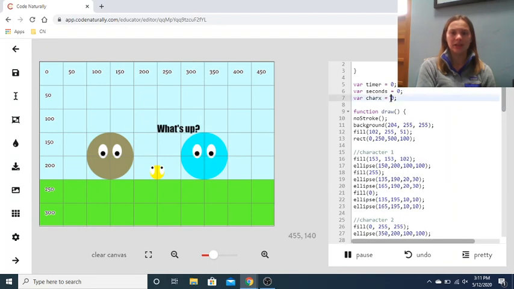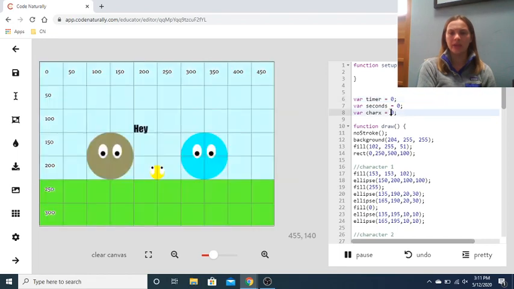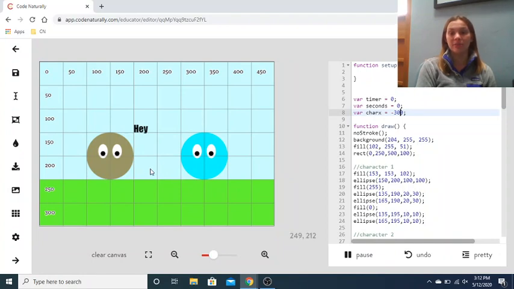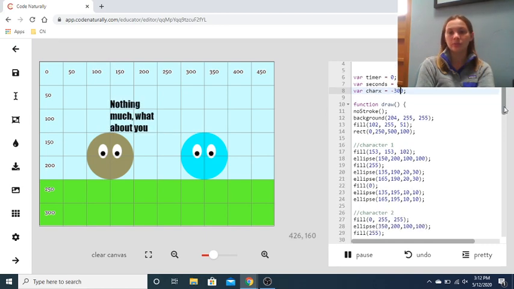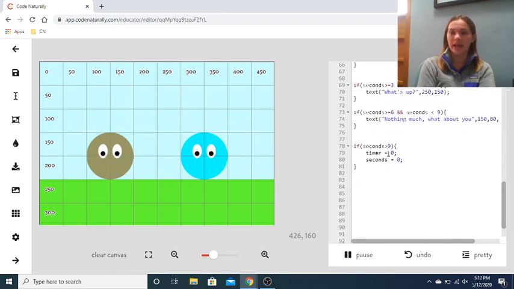And let's see. All I'm going to do is go to my variable. Hopefully you guys can see this. And instead of making it 0, I'm going to make it -300. And the reason I'm going to do that is so that my character starts off the screen. So now, instead of it being right here, it has disappeared off the screen. So how I can make my character reappear is say, okay,